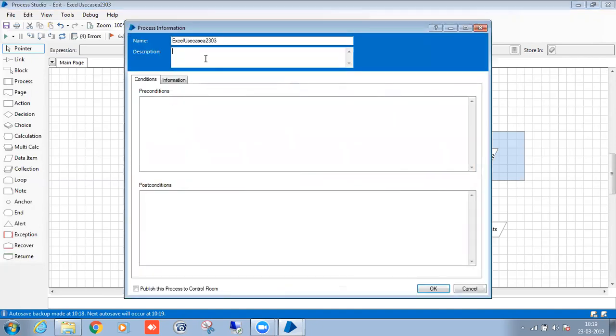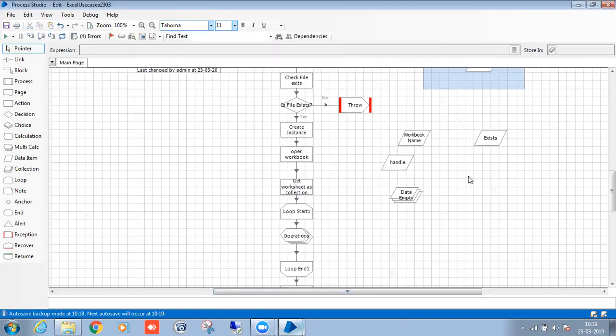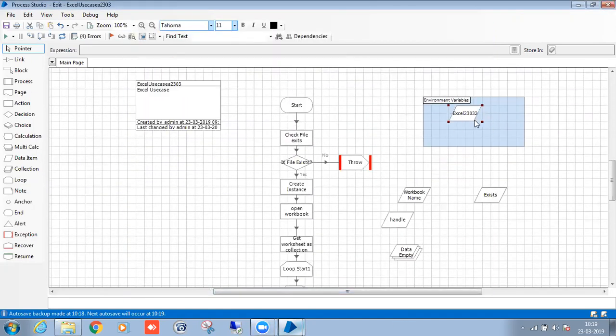And here I need to write why I have created this. Okay, this is Excel. For environment variables, according to my client changes, I need to put the red color. And these are the outputs. Take a block.